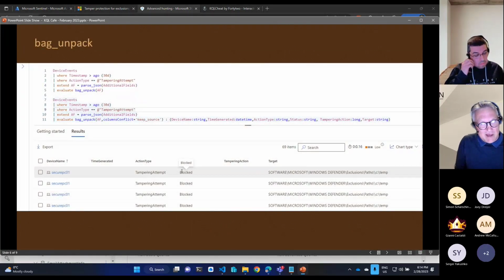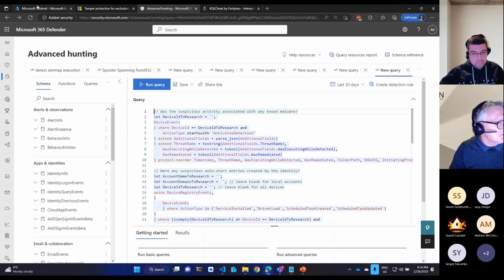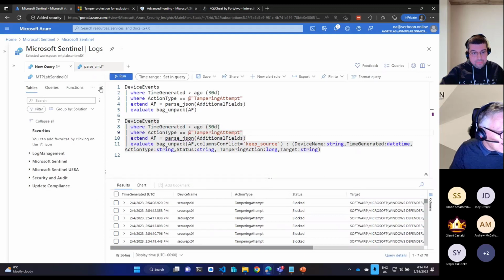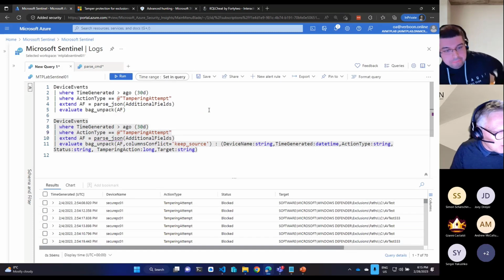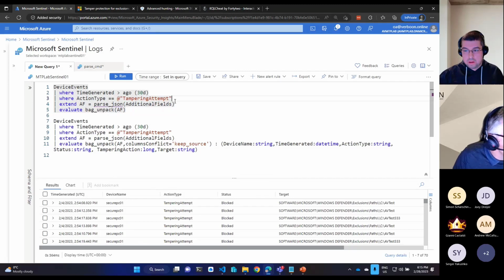Good. Then my bag unpack case, and that's kind of a funny one because I initially had an issue, and I will explain what it was. But funny enough, today when I was preparing for the session, the error got away. Now I don't know whether the error has to do with the data that was inside, or maybe the formatting. Anyway, this is a KQL query that we can use if you have Microsoft 365 Defender to actually look at